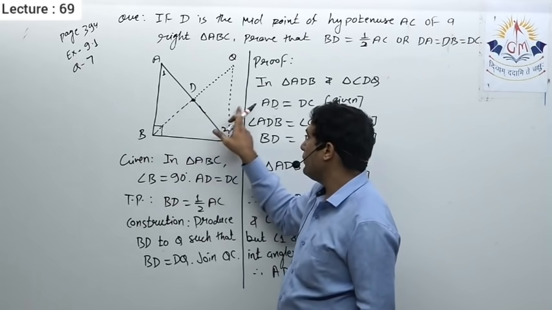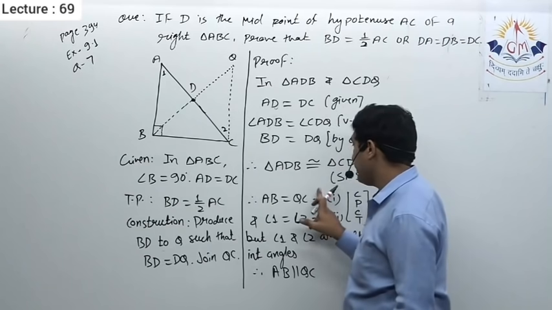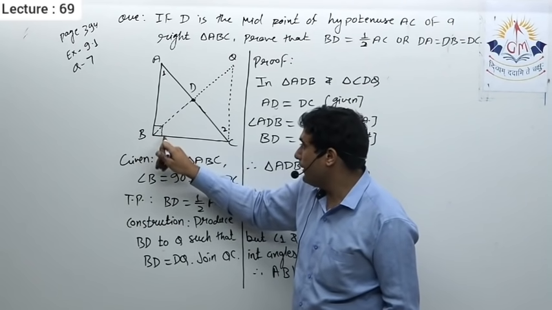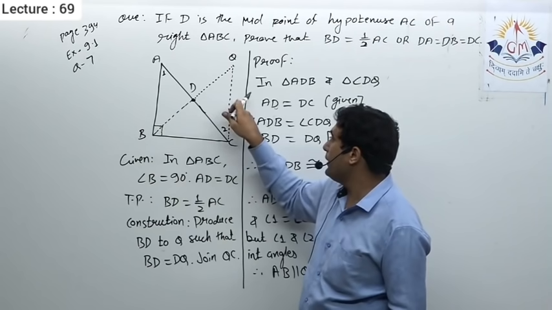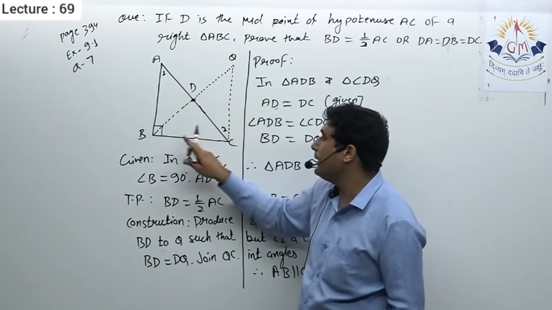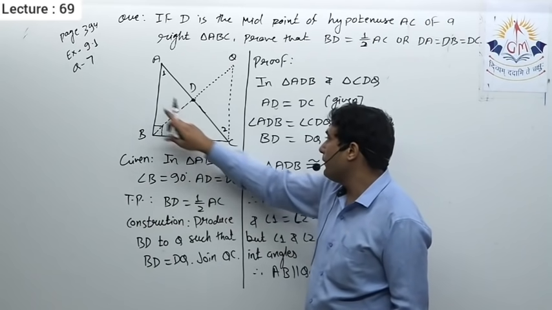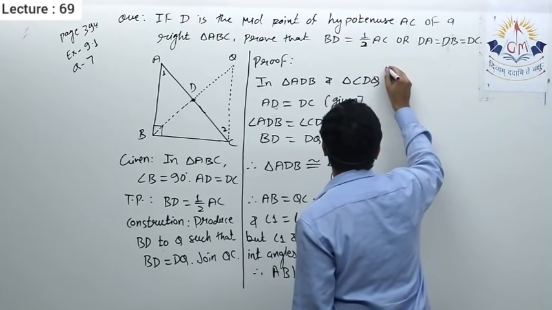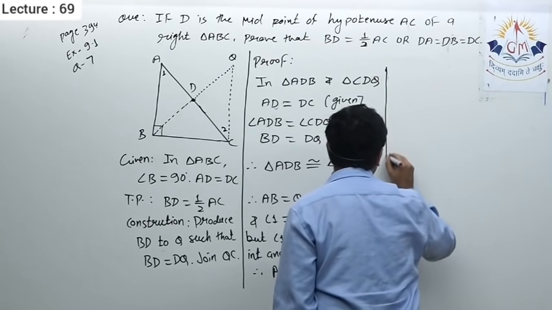There, AB equals QC, which right now I took as given. BC is common. Now this angle is 90 degrees. As I am proving these two are parallel, this angle BCQ will be 90 degrees. So that's why I need to prove AB parallel to QC. Now let us see its solution further.